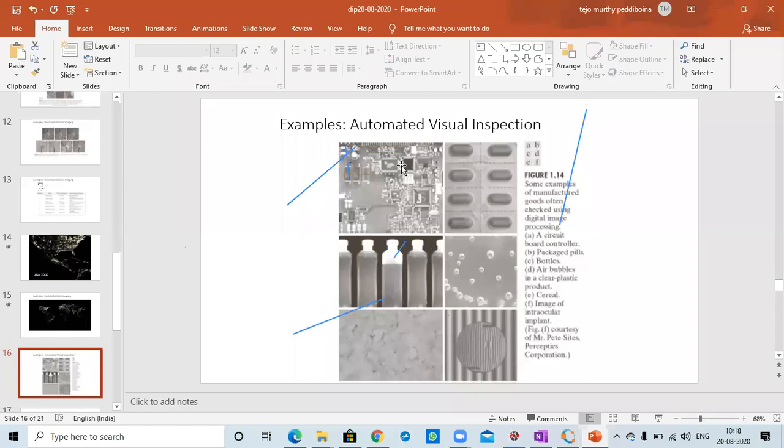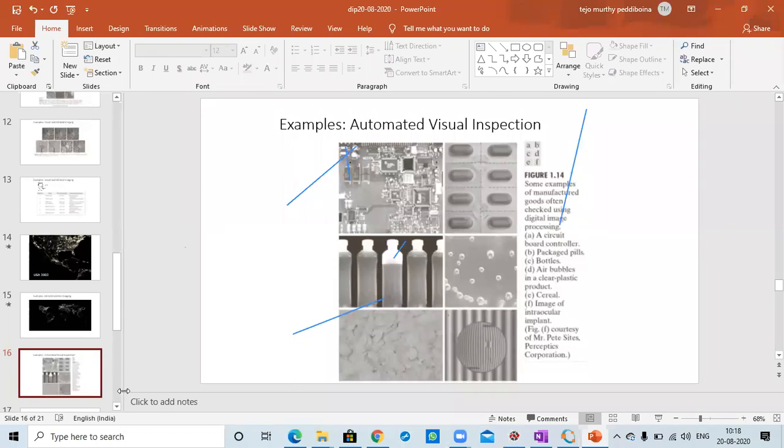So, automated visual inspection. Sometimes in the visual spectrum we use normal cameras only, like our mobile cameras or handheld cameras. In visual pattern, for example, if four or five bottles are there, and in one bottle the content is less, you can observe the second picture. In the second picture you can see that there is less content present, that you can identify directly by automation. Automatically it identifies that the content of this third one is very less.